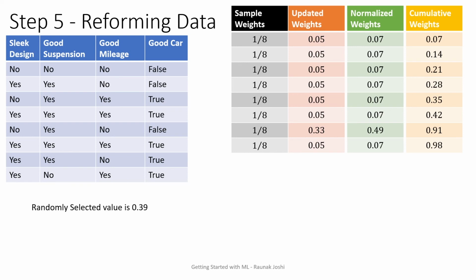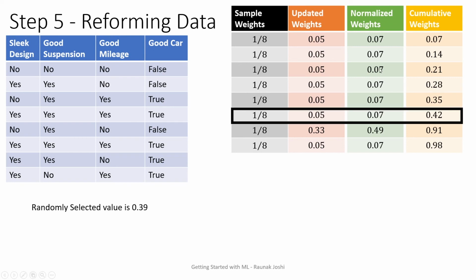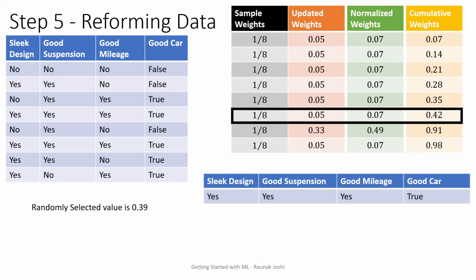So let's say I randomly take 0.39 in the first iteration. Alright, so there will be iterations for the number of samples, with a random weight selected each time. Now since I have my cumulative weights, I am going to compare the 0.39, the randomly selected weight, over here. So it actually falls before 0.42. So it is less than 0.42. This is the reason we took a cumulative weight sample, so that I can range my randomly selected value in a particular tuple and I can select that tuple. So this will actually be my first row.